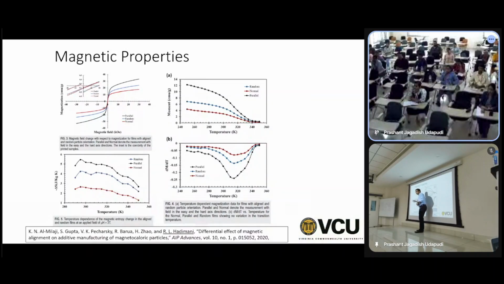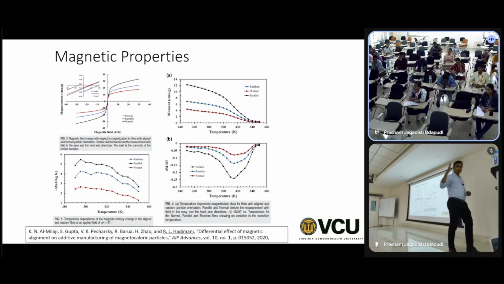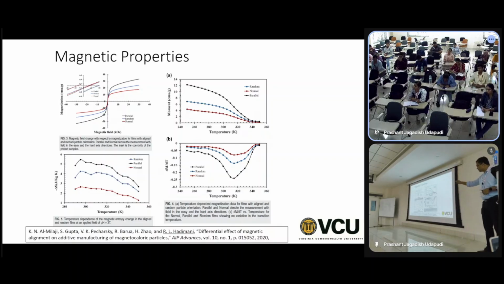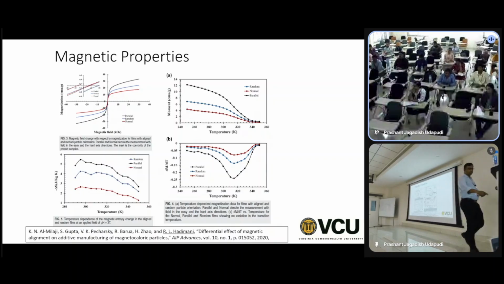You can be in between by changing the direction of the magnetic field, because you can now change the direction of the field, right? You don't have to just stick to 90 degrees or 0 degrees, parallel, perpendicular field. If you change the field in a specific direction, you can vary the property in between, right? So we can use that